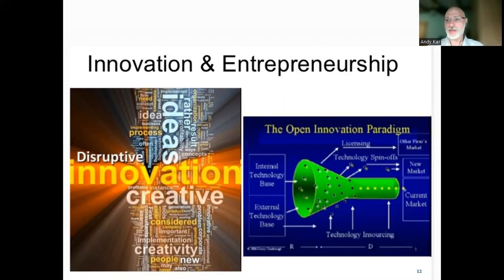We have the open innovation paradigm, which assumes that firms need to focus on external and internal ideas, and to follow external and internal paths in terms of, for example, technology, in order to reach the markets, to advance their technology and to become more competitive. So the open innovation paradigm means that you need to get what you can get in order to become more innovative and more competitive from wherever you can. You can find it inside your company, outside your company, and you can find it everywhere. Okay.